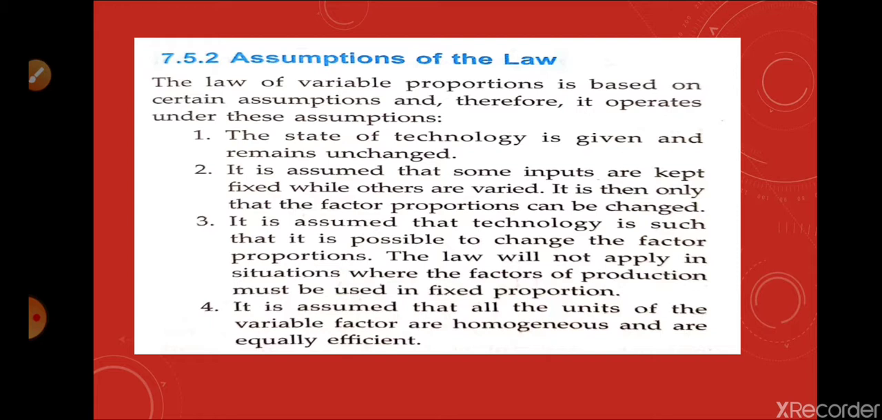So first we are going to discuss the assumptions, then we will go through the illustration of the law with the help of a diagram. So first, the first point: the state of technology is given and remains unchanged. If technology changes, then what will happen? After changing the technology, things will change. What things will change? That we cannot